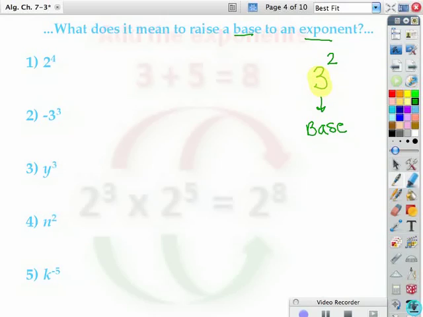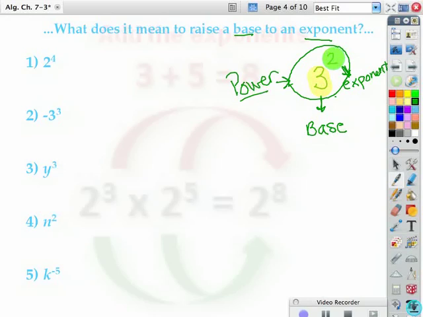Okay, and then the number up top, of course, would be our exponent. Now if you see the word power, that means the whole thing. Okay, so all of that together is considered the power, while just the 3 is the base and just the